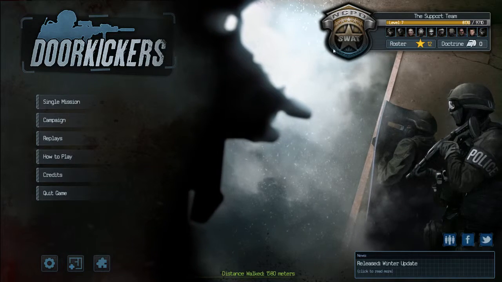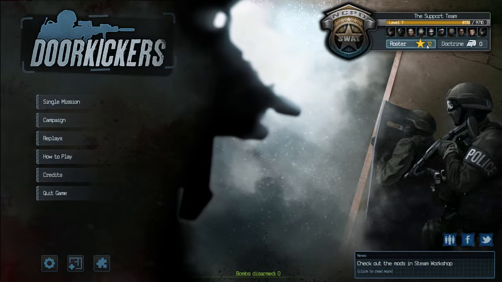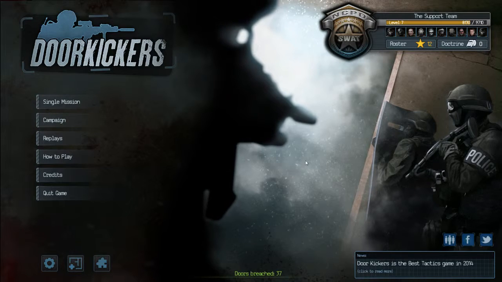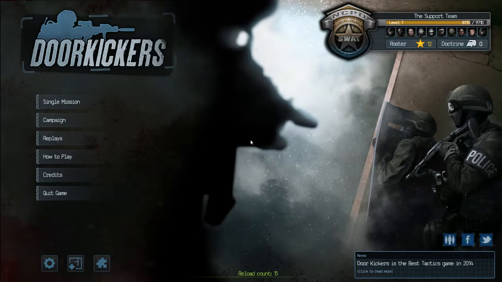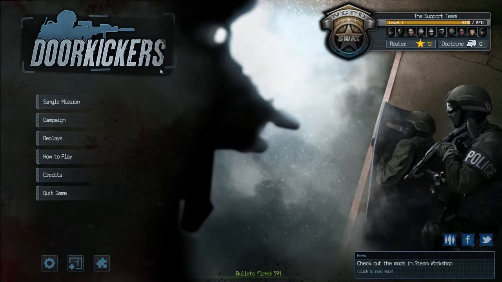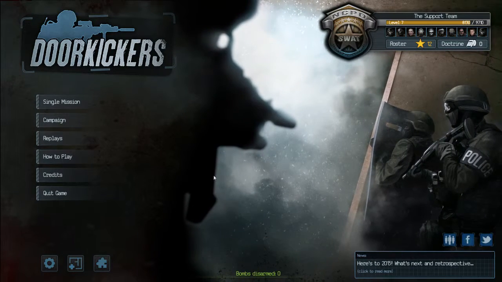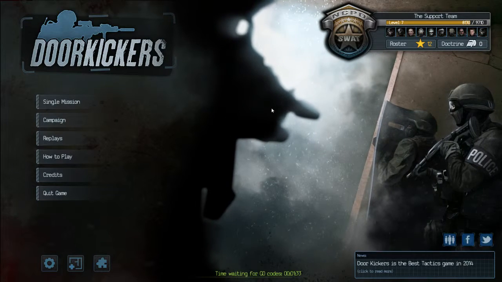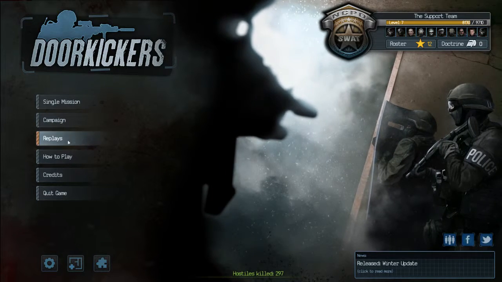I'm doing not really a review as much as a sort of like, this might be a game that you haven't heard about, and if you haven't, you should probably check it out because I think it is really fun. It's called Door Kickers. It's basically sort of like a SWAT simulator, I guess you'd call it. And it's all fairly simple. It's kind of a bit hard to explain, but you'll see more once I actually start playing some of the